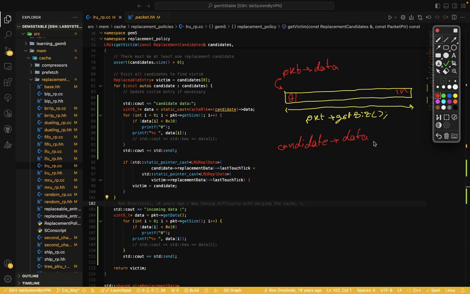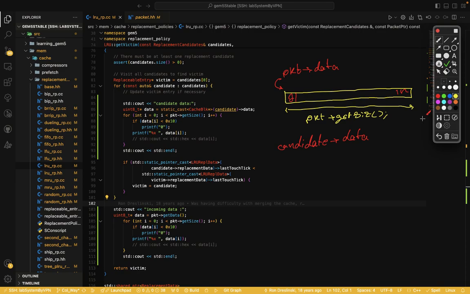And the candidate data, like the packet data, has a specific size. But it's important to remember here that sometimes the size of the packet is different from the block. But in the replacement policy, the size of the packet should be exactly equal to the block, because we want to store a packet in the block.